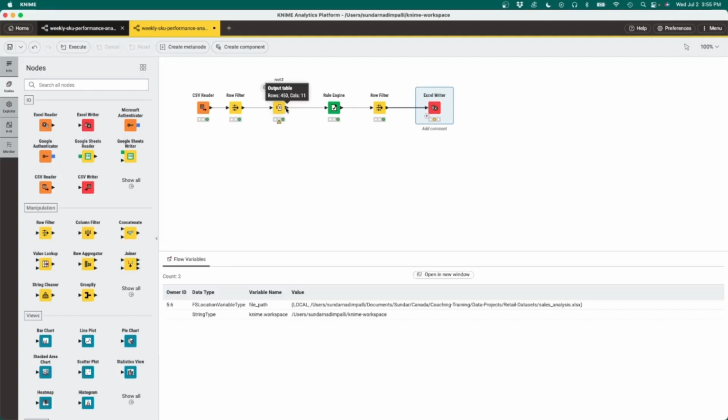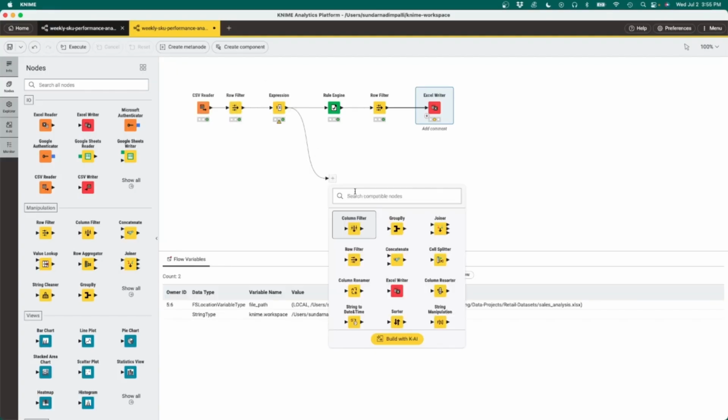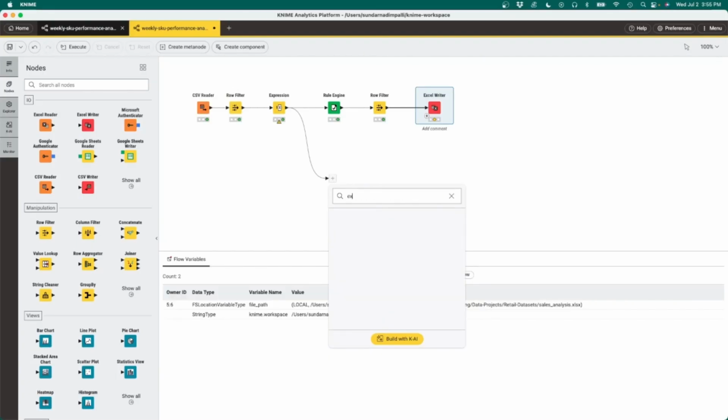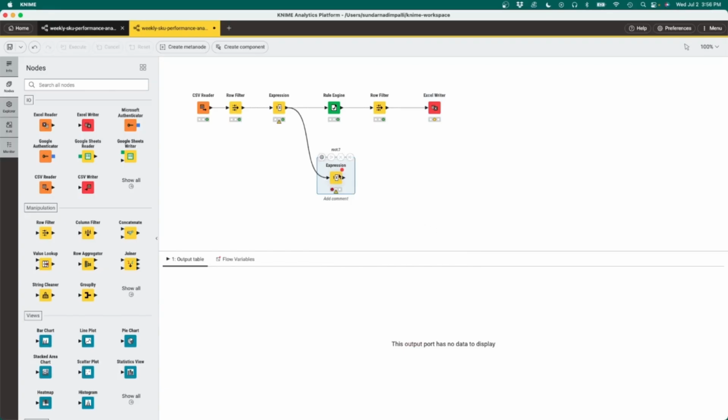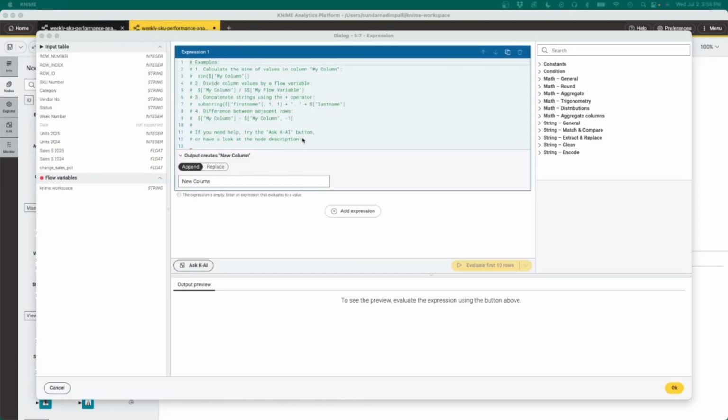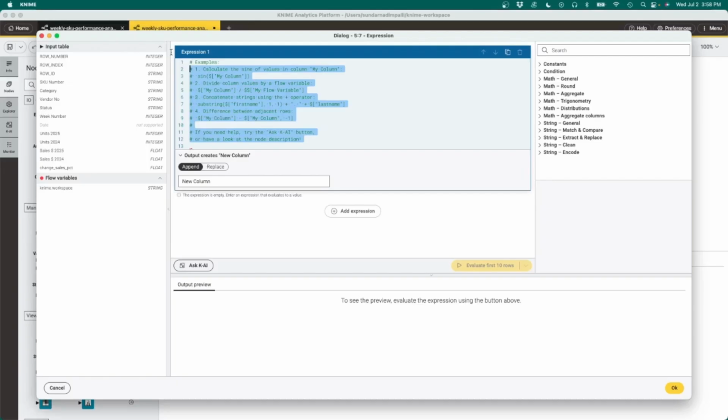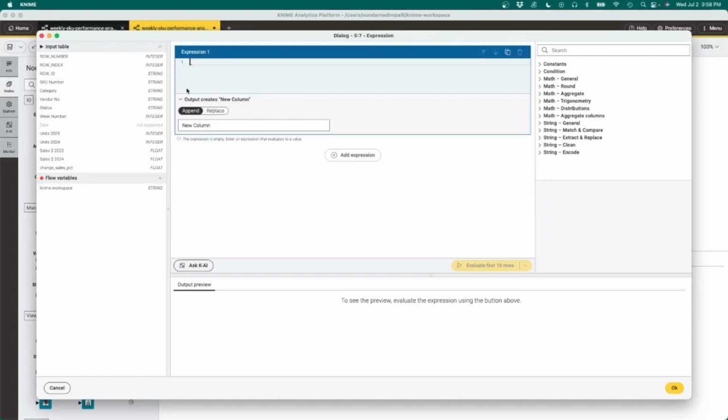So I'll create a second branch, use an expression node, and let me create an expression that uses last year's unit sales. I will use an if function. If units 2024 equals 0, then let me specify a value as false, else let me specify the value as true,